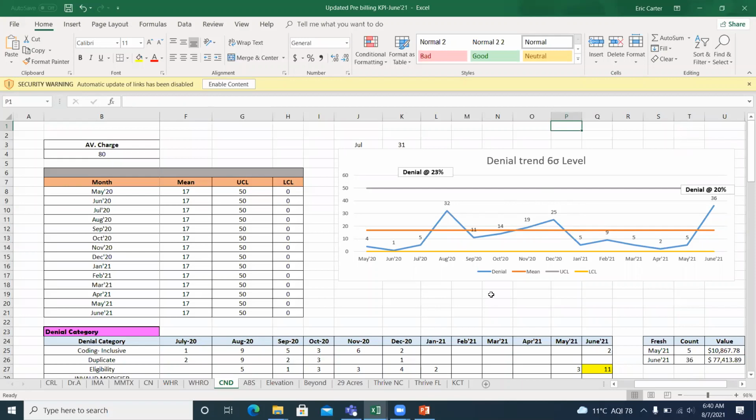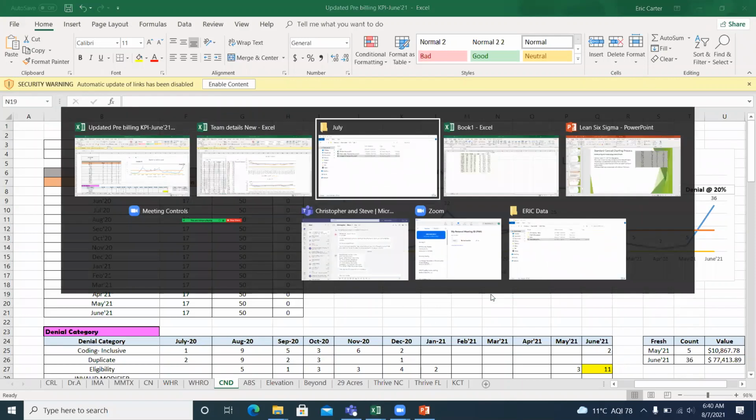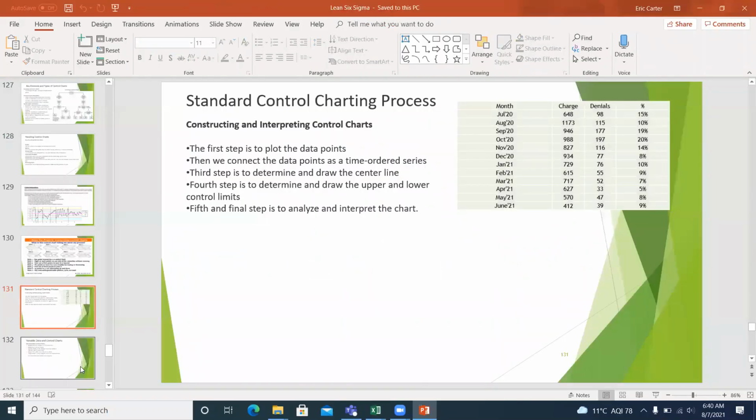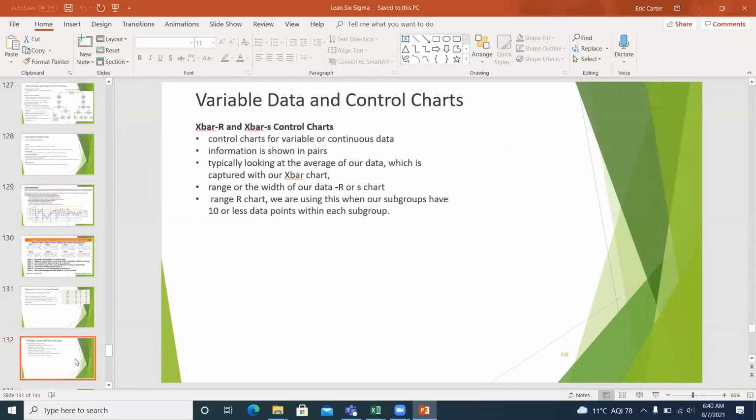Everything you can easily understand by doing this SPC chart. Okay. Any question? No. Okay, fine. Right. So here, that's what we already discussed, right? How the chart will differ from variable data to control chart. X bar, R chart, these are all some of the variable charts which we are trying to do.